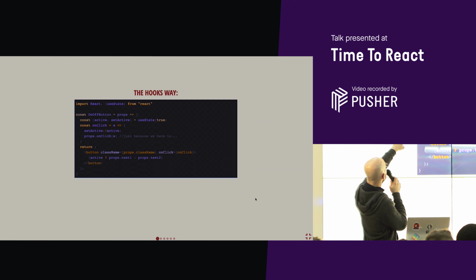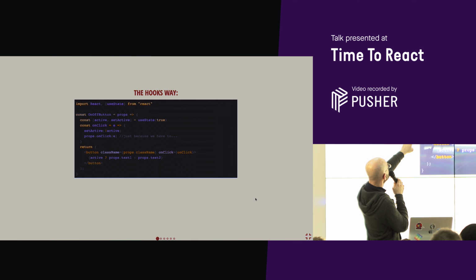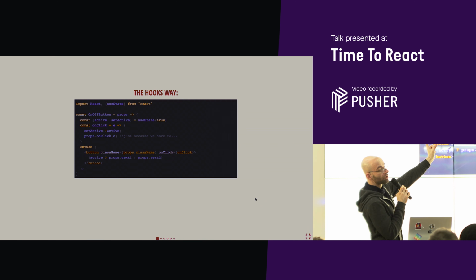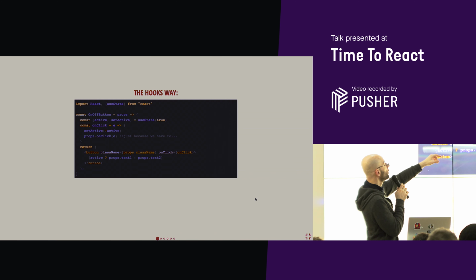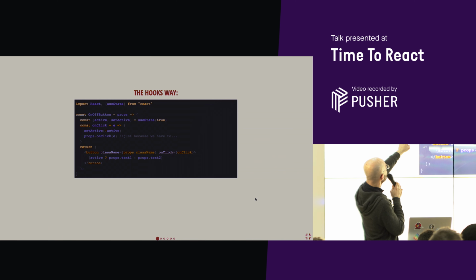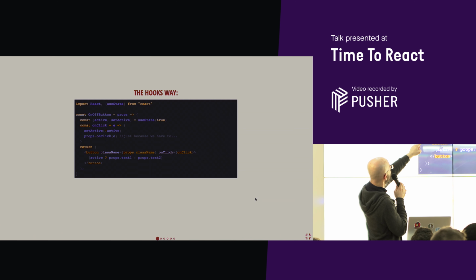And then we call it in the very first line, with this format. We call useState, we pass the initial value that we want to have, in this case it's true, and using destructuring is going to give us 2 things. The variable associated with this hook, and the setter for it, okay?